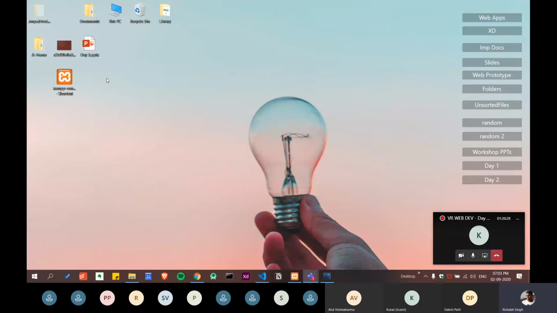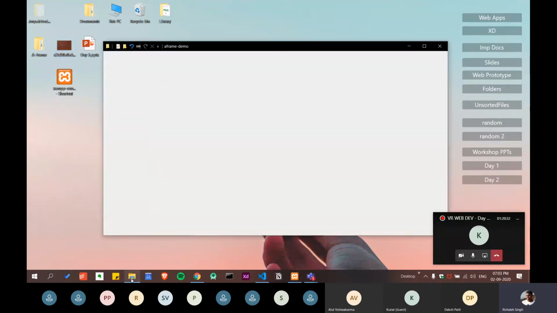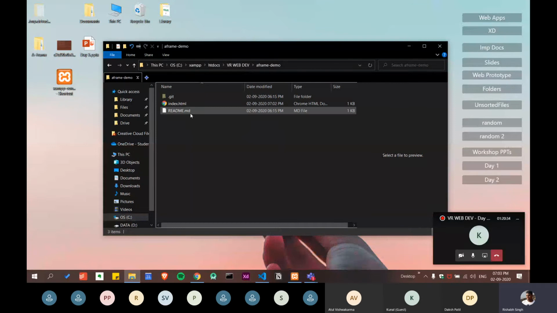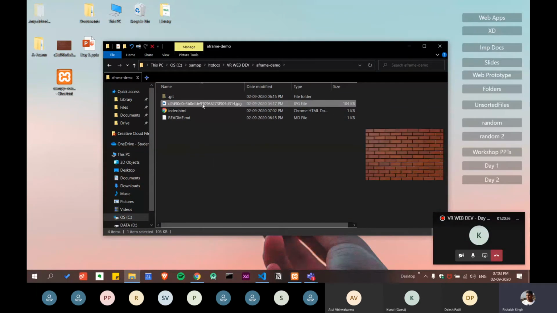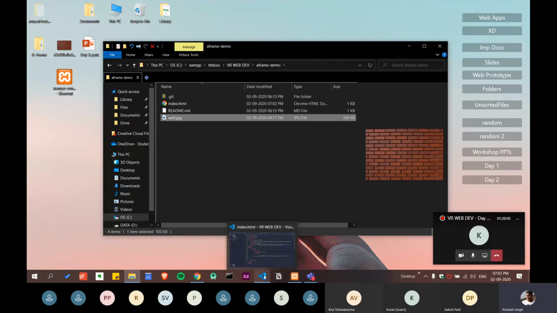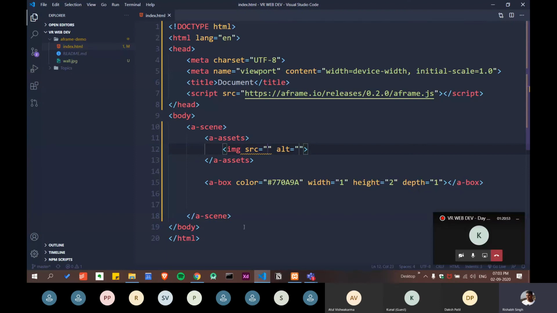Let's do it. Let me copy this, and I'm going to paste it here, and I can give it any name. I would like to call it wall, because it is a wall. Let's get back to VS Code, and let me give it a name.